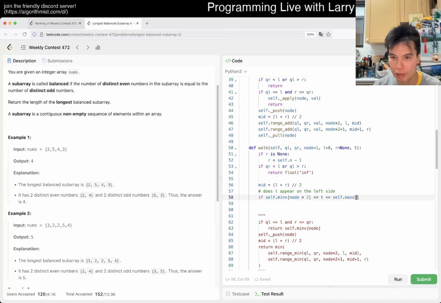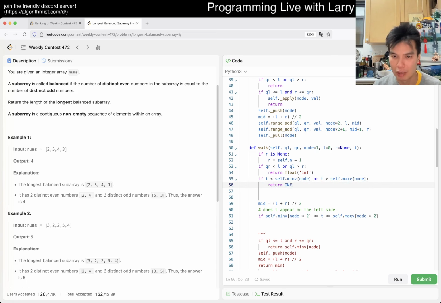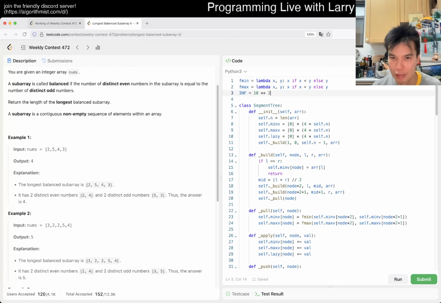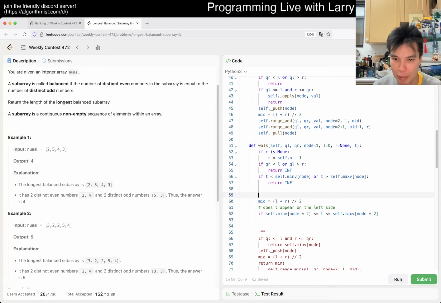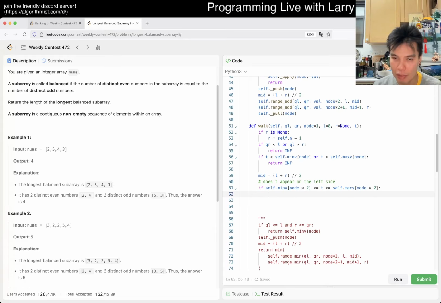Max v of... I guess there should be another thing first, which is that if t is less than self.min v of node or t is greater than self.max v of node, then we return infinity. I don't know, it's not inconsistent. I don't remember when I wrote it. Okay, so then now does t appear on the left side? So if this is on the left side, then we walk left, right? Return walk